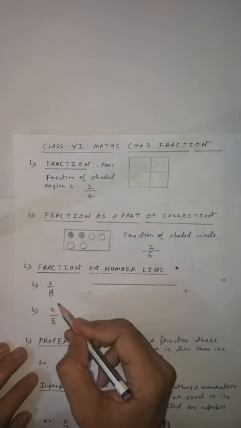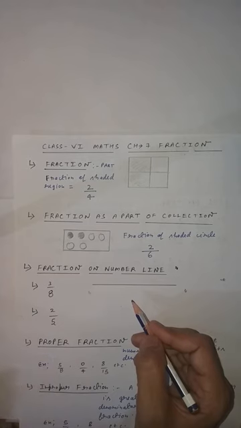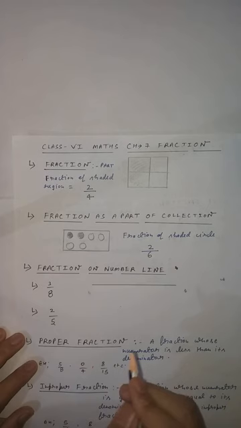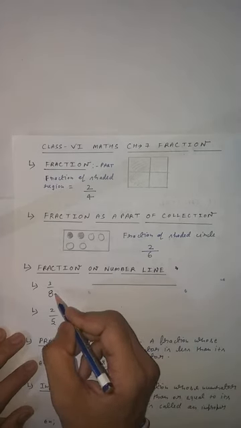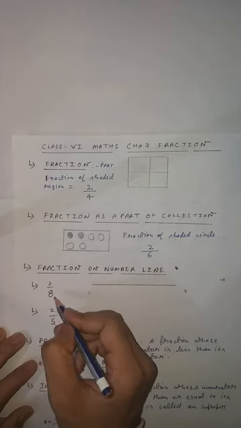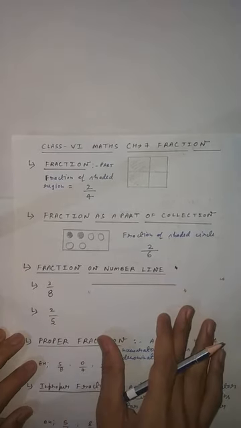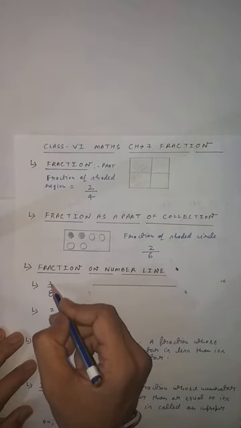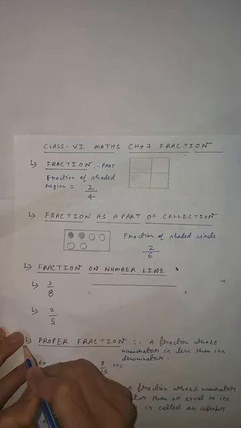So here 3 by 8, both are positive, so the number line should be positive. There is no need for the negative side, that is, the left-hand side. You have to go to the right-hand side because both are positive. Now you have to decide in between which two integers the number lies. 3 by 8 is given. There is no need for division, but if you divide 3 by 8, you know it will come 0 point something. Clear, students?